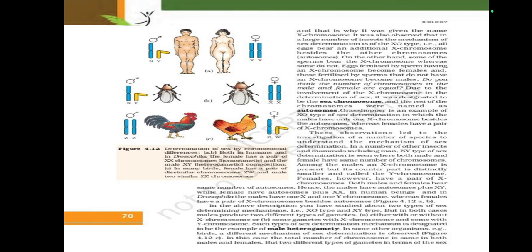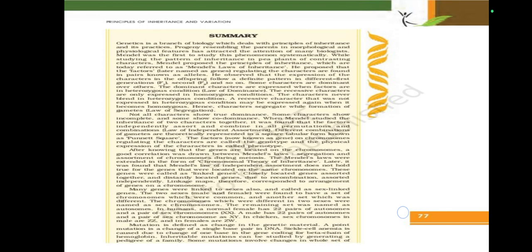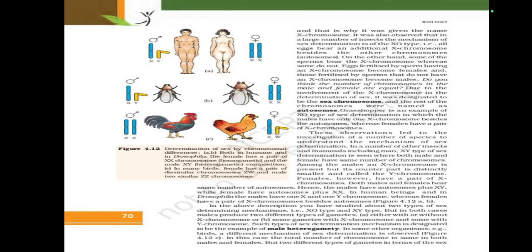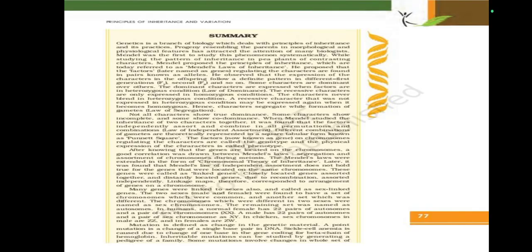In some other organisms, for example birds, a different mechanism of sex determination is observed. Figure 4.12c. In this case, the total number of chromosomes is the same in both males and females, but two different types of gametes in terms of the sex. In summary, principles of inheritance and variation